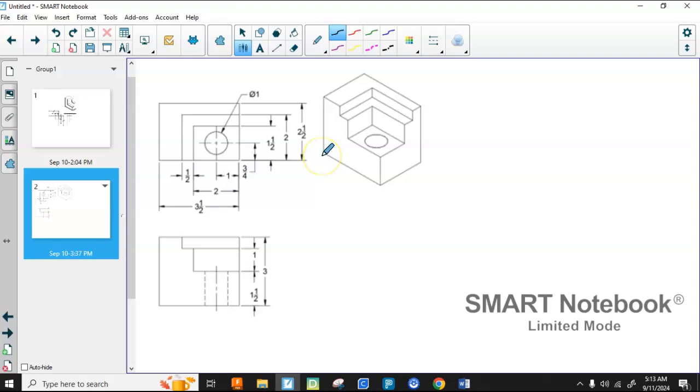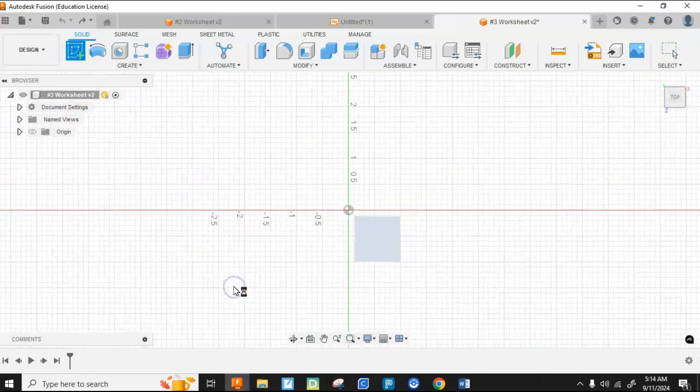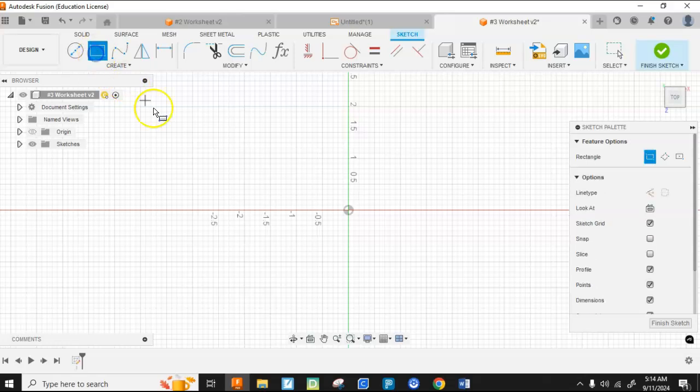So I'm going to start by creating the overall large shape, and then I'll subtract out some. If I look at the overall dimensions, the width is 3.5 inches, the depth is 2.5 inches, and the height is 3 inches. So I'm going to come over to Fusion. I'm going to create a sketch. I'm going to choose the bottom plane. I'm going to drag out a rectangle that is